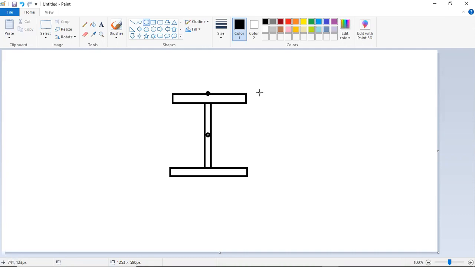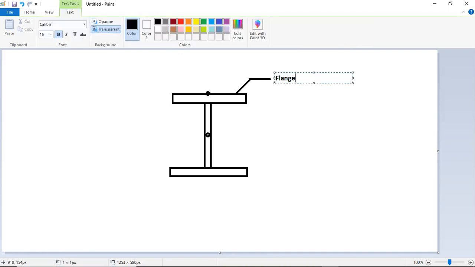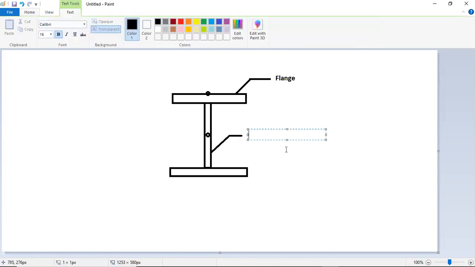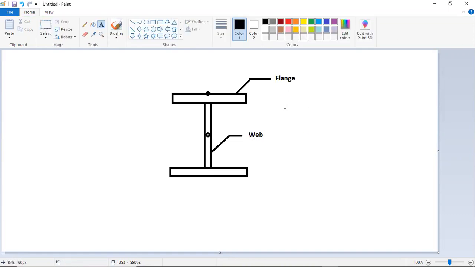This portion we call a flange, and this is the web. So here on the flange you will see the reference line.